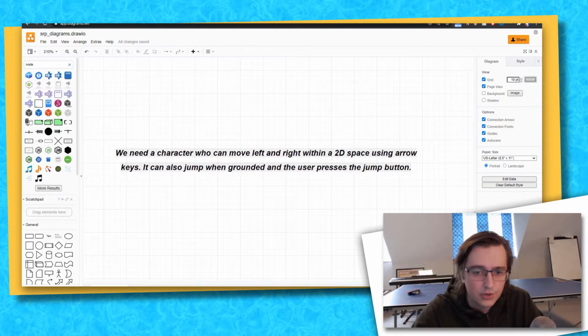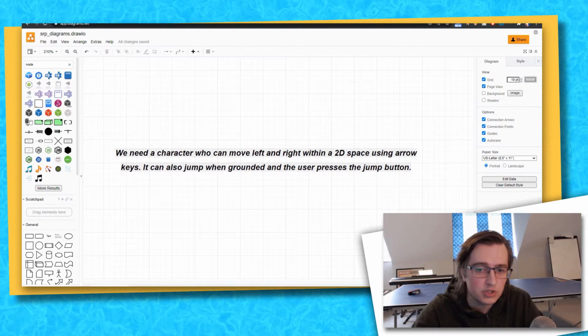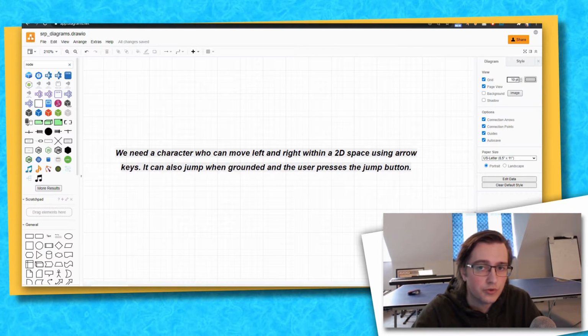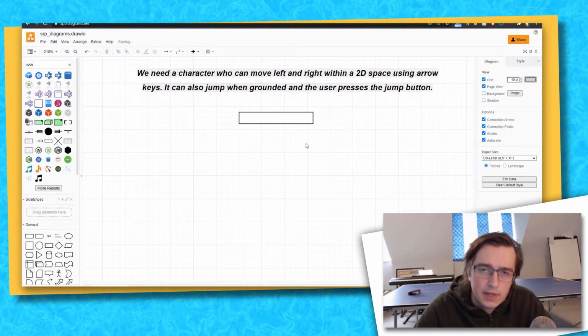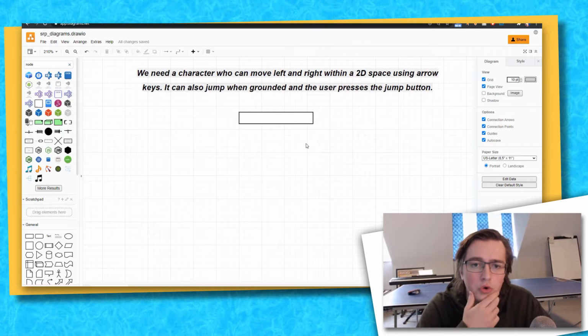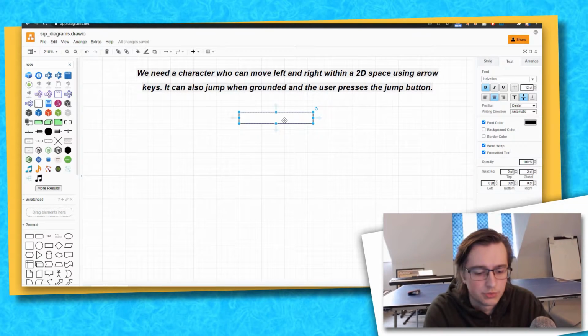The objective here is to highlight how we can use the single responsibility principle to make our code base more flexible for any future changes that our designers might come to us with. So let's get to breaking down this design that's been put forward. We know that we're going to need some sort of a player